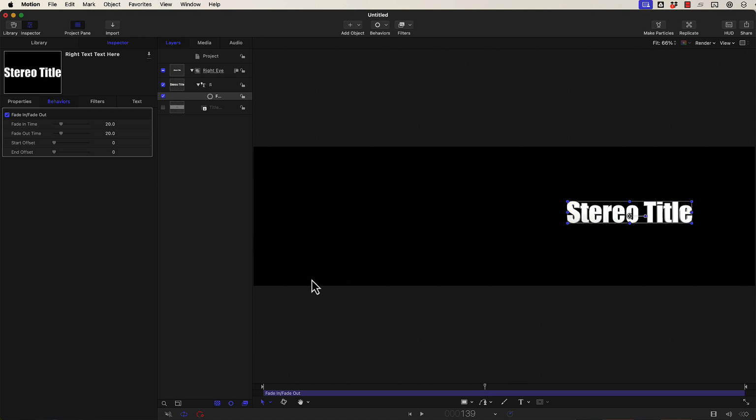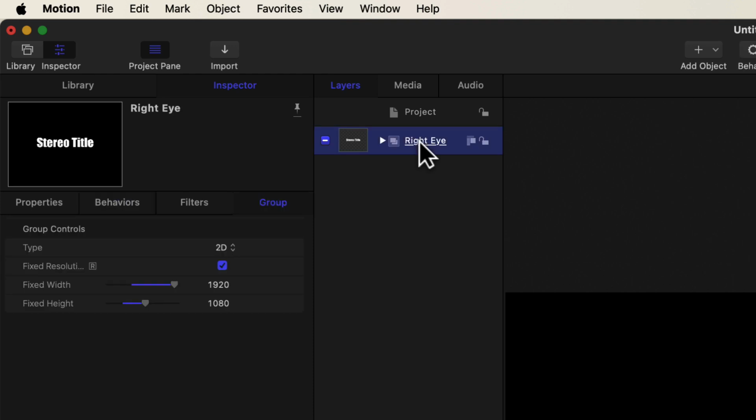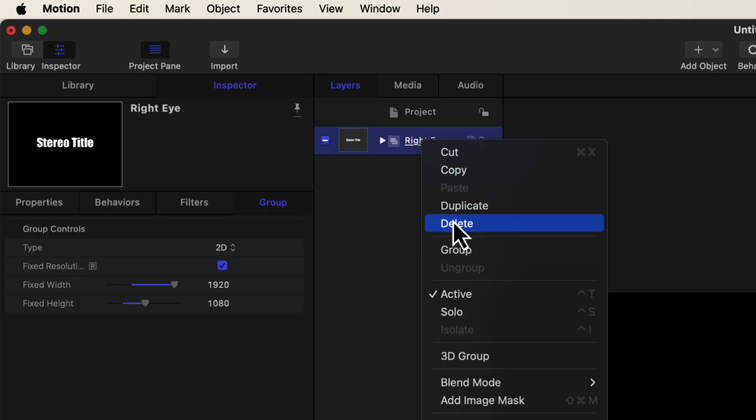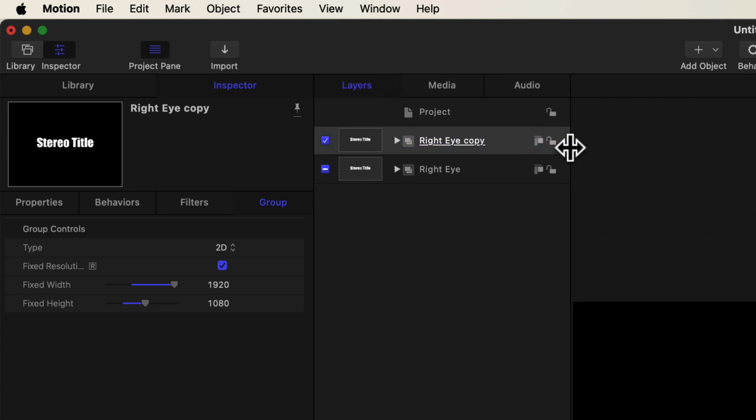Now the next thing we're going to do is duplicate the right eye, and so we're going to make a left eye. And so we did that, and it's hard to see here, but the copy is on top, so we're going to drag our right eye above that and then rename the right eye copy. We're going to rename that left eye,